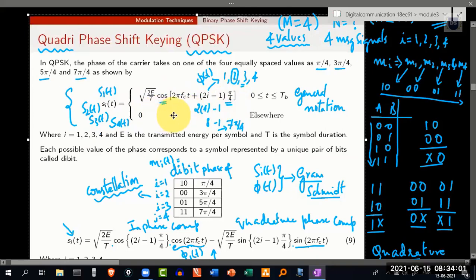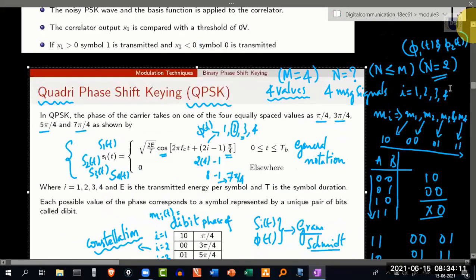So from this notation, let's try to extract our basis functions phi1 of t and phi2 of t. Here, remember, because the M value is equal to 4, we could choose the N value as 4, 3, or 2. And because of dependent signals, we'll stick to an N value equal to 2 over here.